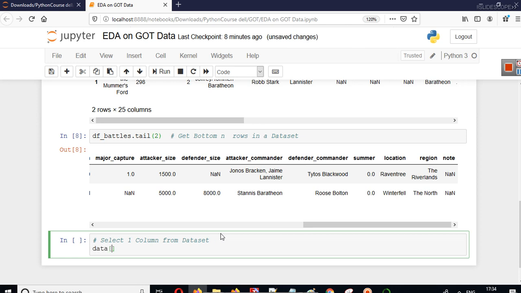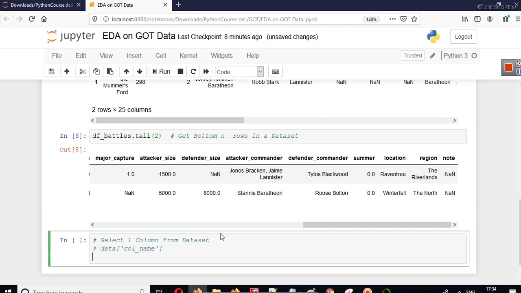Let's say data is our variable, and then here you have to write the column name. You can consider it as your formula, or reference, for getting that. What is the variable name in which we have stored our data set? The variable name is df underscore battles, and then write a square bracket. Again, you must have some basic understanding of Python, then you can understand this.